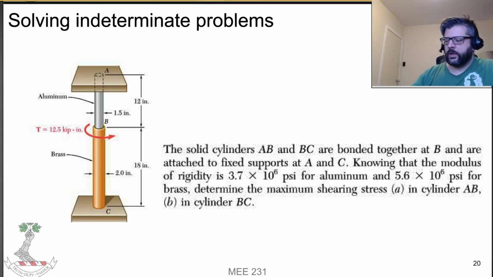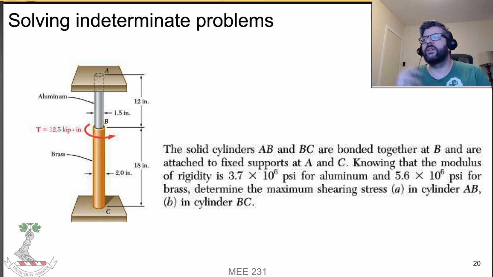So let's do another indeterminate problem here. This one has both different materials and different cross-sectional areas going on in different segments. So we got these two cylinders. Cylinder AB is made of aluminum. It is 1.5 inches in diameter, and it is bonded to a brass rod that is